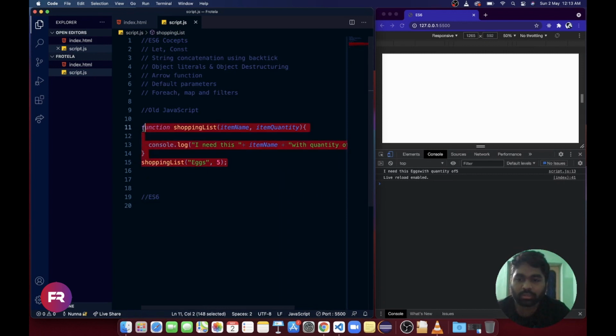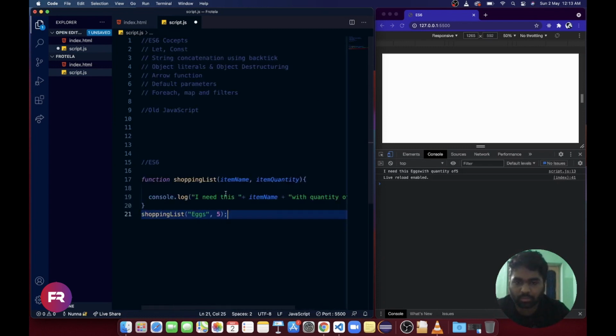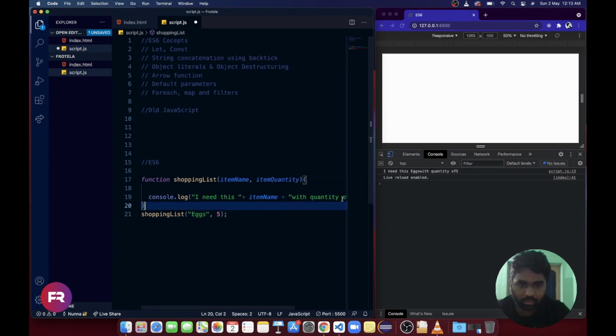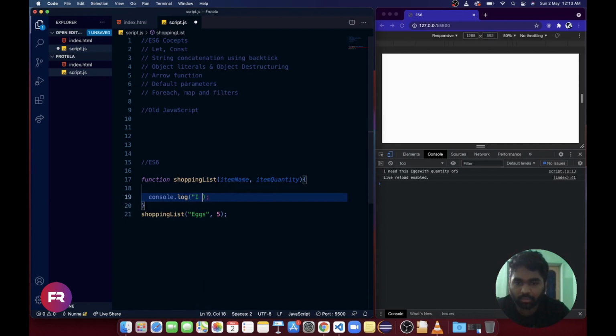Now in ES6 how can we do that? Let's cut and paste here. In ES6 you just remove this console whatever inside here. Now if you want to concatenate strings, you can use backticks and type the string: I need this.